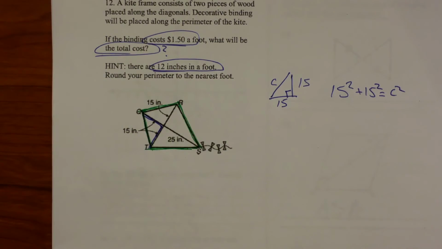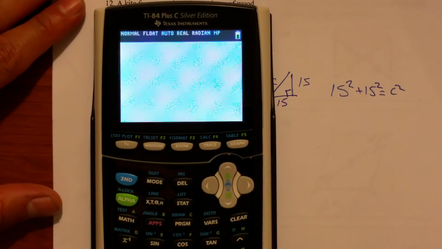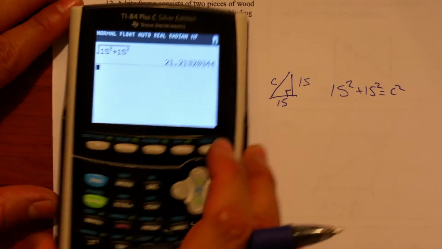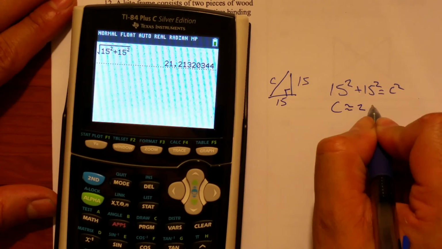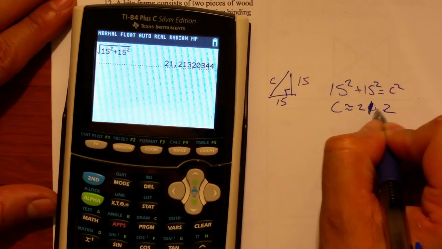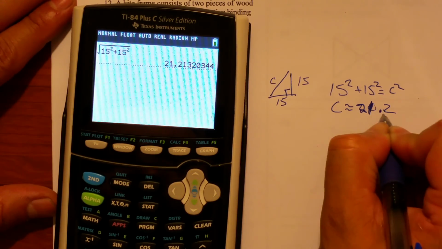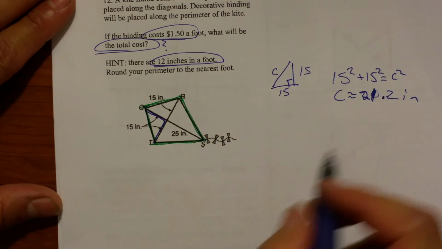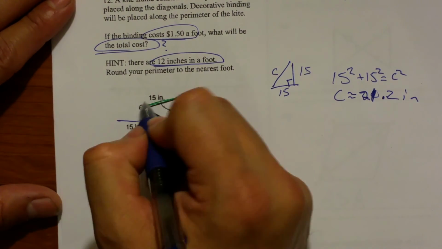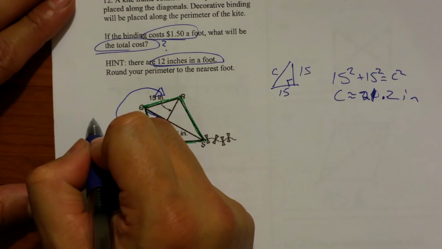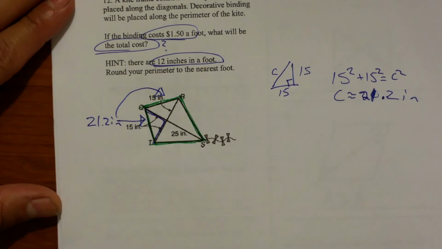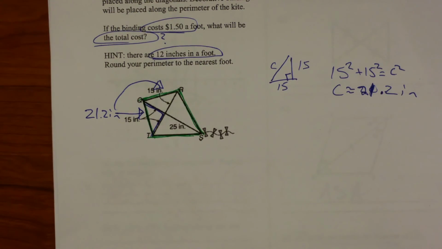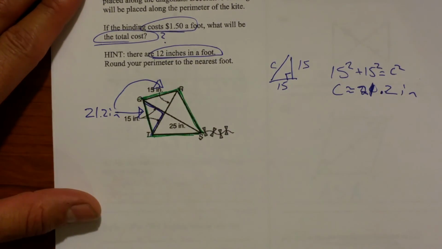So do my math. So that's going to be c equals, so you guys should come up with c is about 20.2, or I'm sorry, 21.2, and this is going to be in inches. Okay, that's important. So that piece right here and that piece right there is also 21.2. There we go. So that's part of it. That's part of it there. So now I know that this other triangle, which I'm going to show you in red,